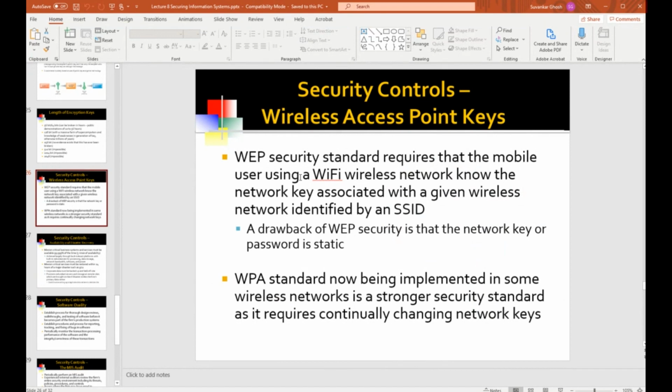And the people who tried to break this collected a sufficient number of packets, and having collected them, that helps in trying to break the encryption. If you have a set of packets which are encrypted with that same key, they could find ways to break the encryption. So WEP security, which was used in the early Wi-Fi networks, became insecure because the bad guys could break it.